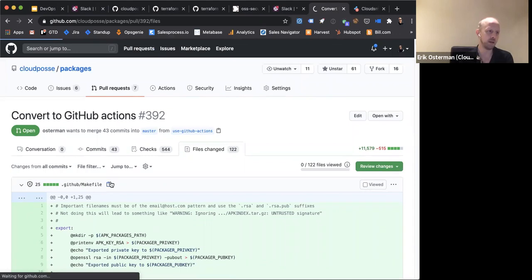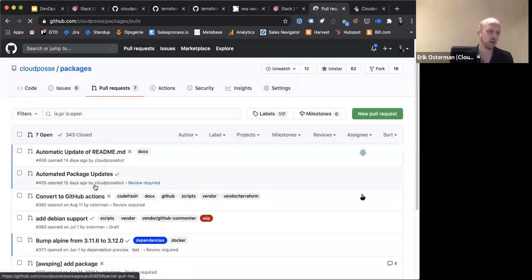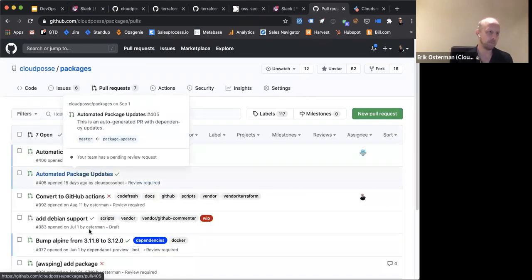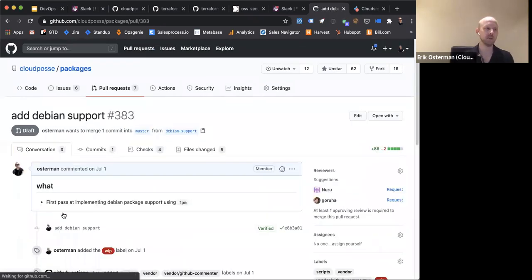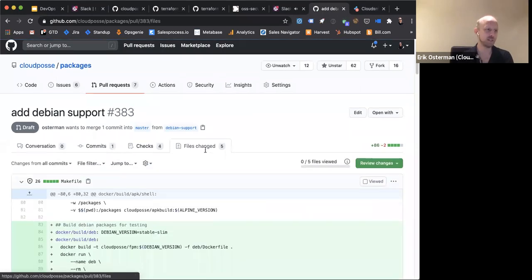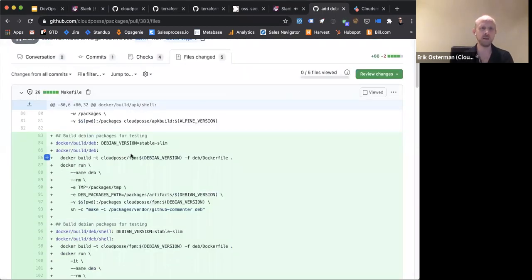There's a prototype PR of how to add Debian support, for example, to our package management. It's pretty rad, because to do that, all we need to use is a package management tool called FPM, the FPM package manager. It will make it really easy for us to create RPMs, Debian packages, and a few others.